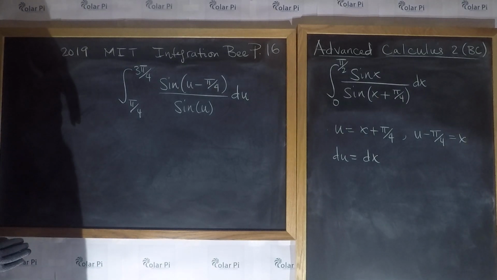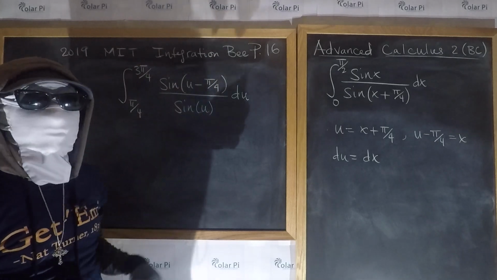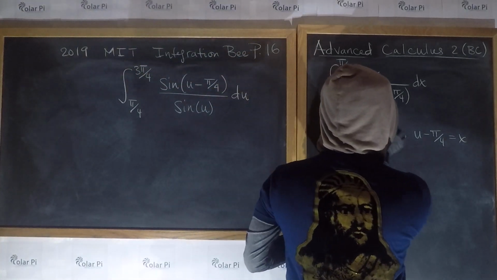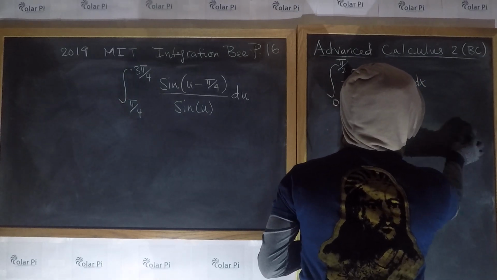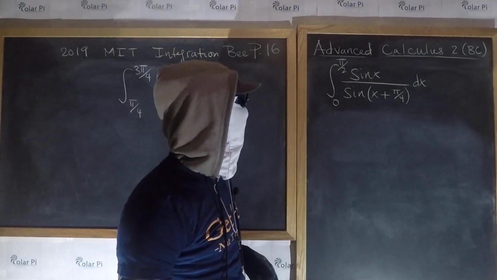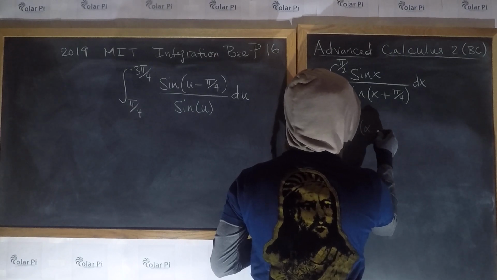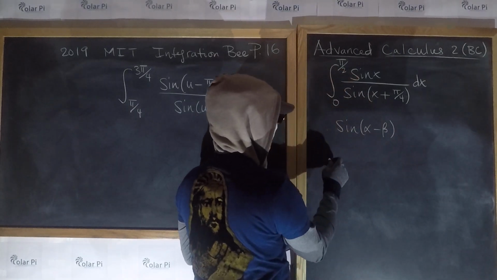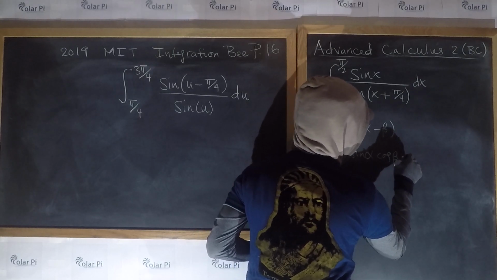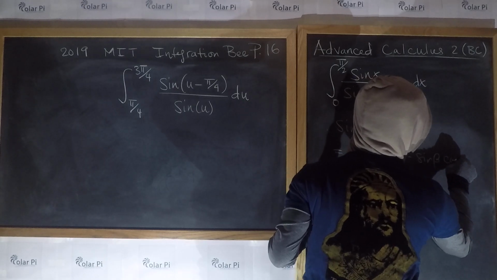Yeah? Okay, now to move forward, we're gonna need to use the sine of alpha minus beta formula, yeah? Okay, and if you're cool, you'll remember it like I do. Nah, just kidding. Alright. So, sine of alpha minus beta, right, is equal to sine alpha cosine beta minus sine beta cosine alpha,